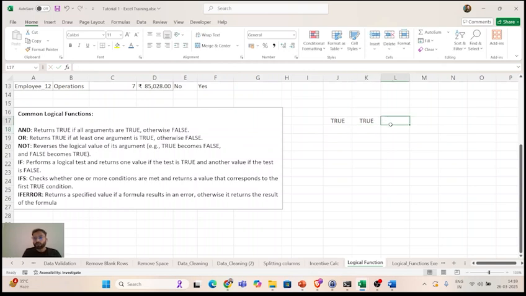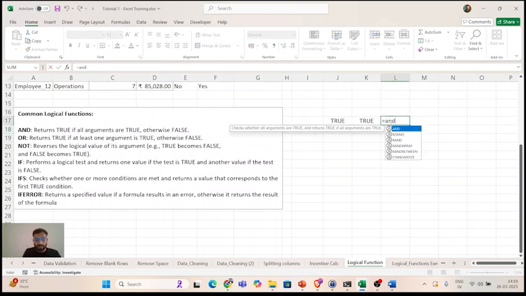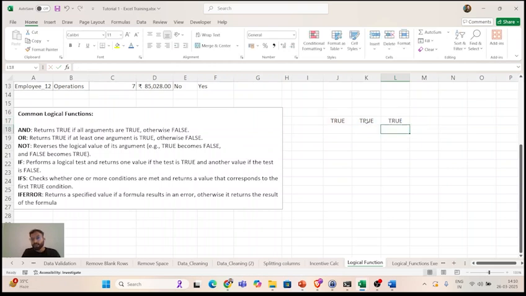Again, it is true. So if I use AND between these two, logic1 comma logic2, it will return true. But if in case any of them is false, it will be false. If both of them are false, it will be false. Correct? So when both the conditions are true, both the logics are true, then AND returns true.